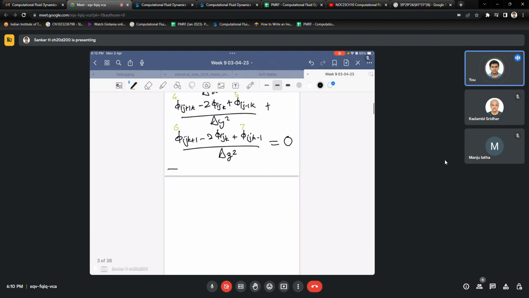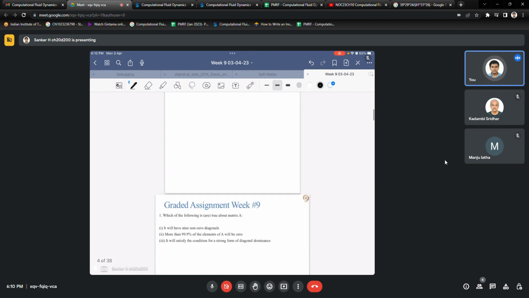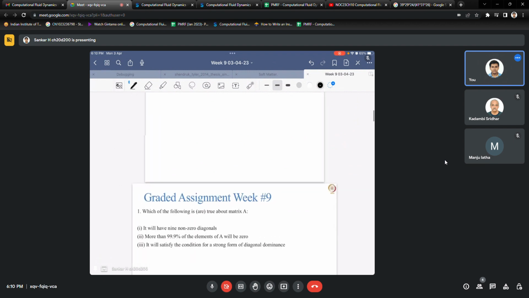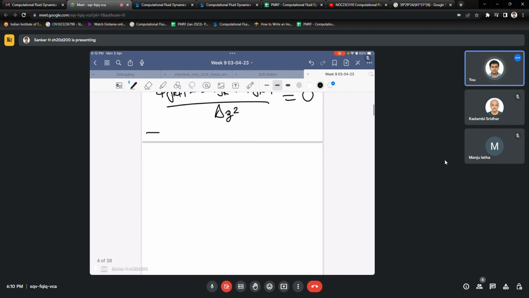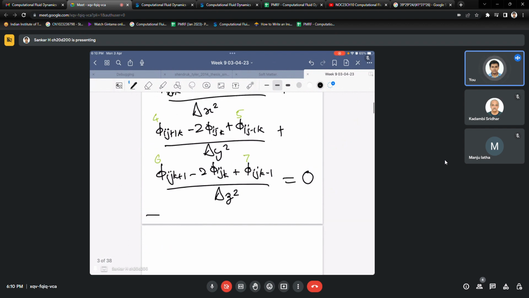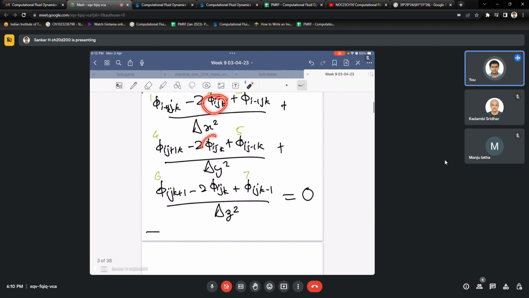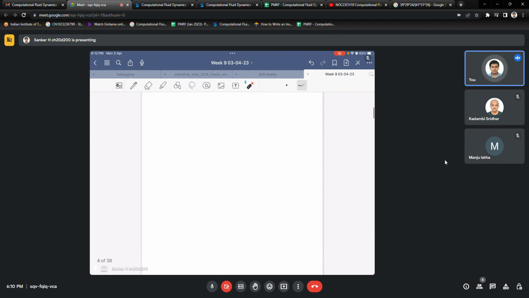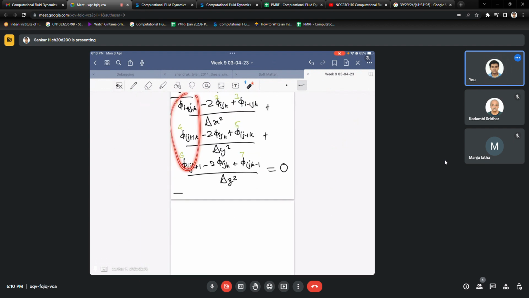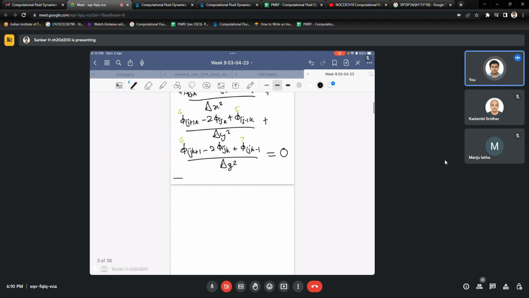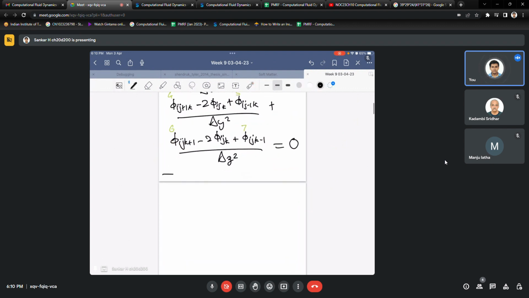Yeah, so we have 7 elements in each equation. The first statement is that it will have non-zero diagonals. Whenever we are talking about the element i, j, k, it will be the diagonal element, whereas the other ones, i plus or minus 1, j plus or minus 1, or k plus or minus 1, will be the non-diagonal elements. And we can see here that we have exactly 6 non-diagonal elements. So when we write this in the lexicographic notation, we'll be writing this as, let's for example take